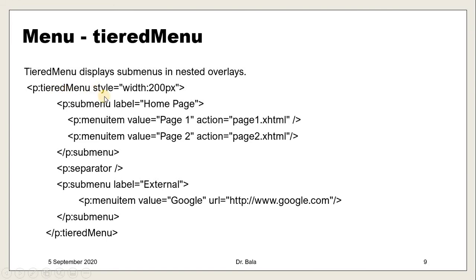I have a tied menu here. You can have style size something, and I prepared a submenu, and I put the label here as home. Like previous, I had external here, and this is one submenu group, and we can use a separator here, because we can have a nested submenu. We can have n number of menus where we need a separator. The separator will bring one line of separation.